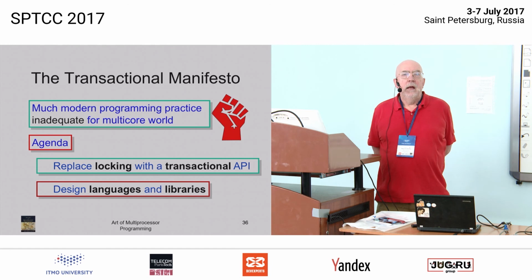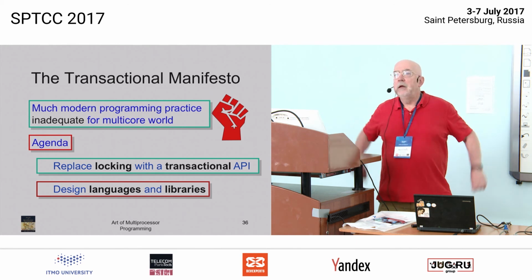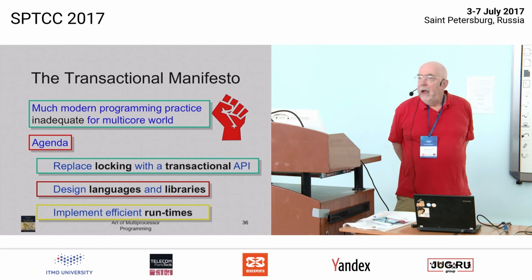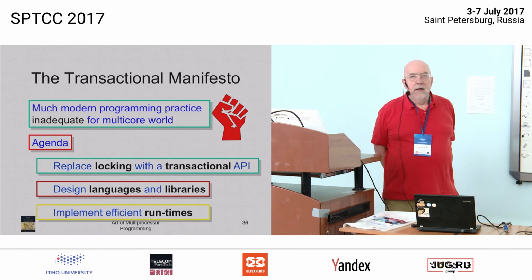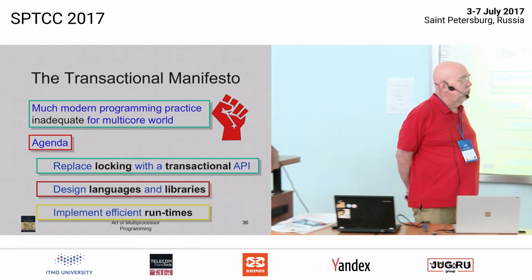So typically, languages are fairly simple things. Libraries, we get very clever people to write libraries which do all kinds of crazy things underneath, but present a nice clean interface to regular programmers. And then we need to talk about efficient runtimes. Now, I'm going to talk about the first and third